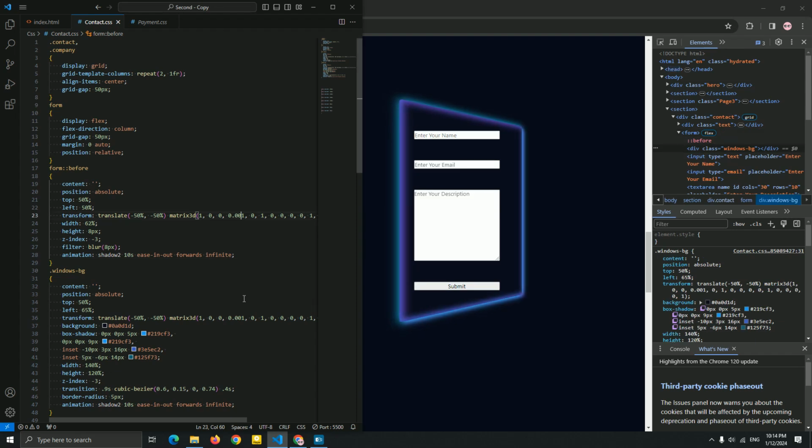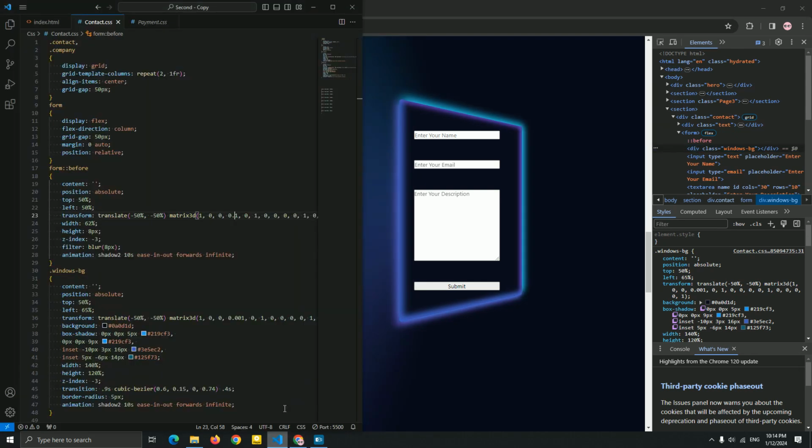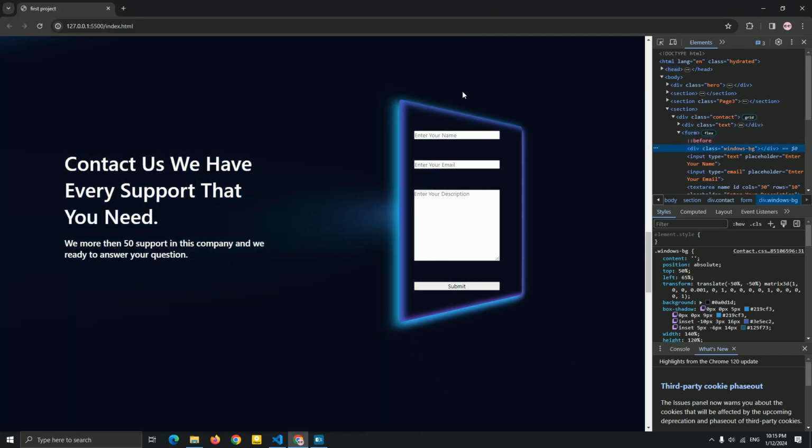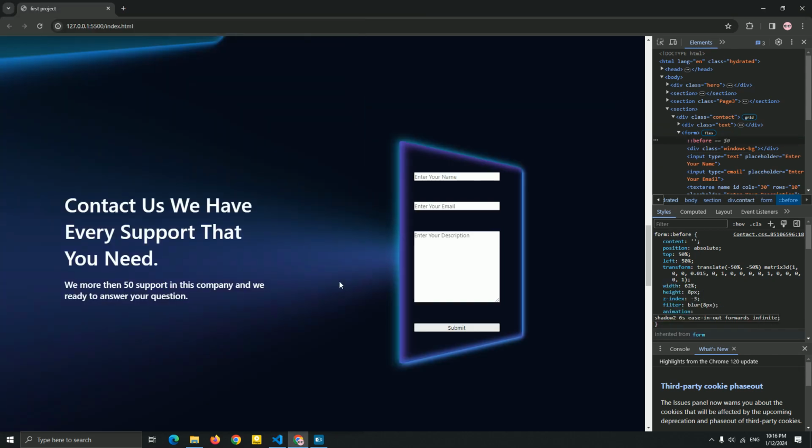Okay, I'm gonna just keep changing it to see what's... Oh, yeah, it's too much. 0.5, I think this is good. Yeah, this is good. This is a light color of this text. This is a light color. So we just add the filter blur for this, and I think I need to add something more.